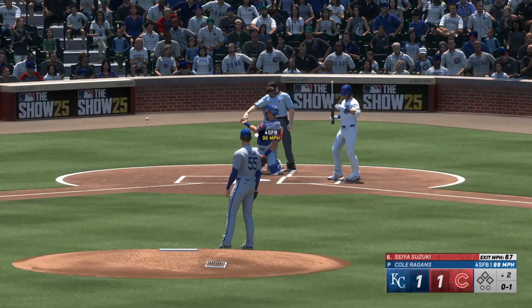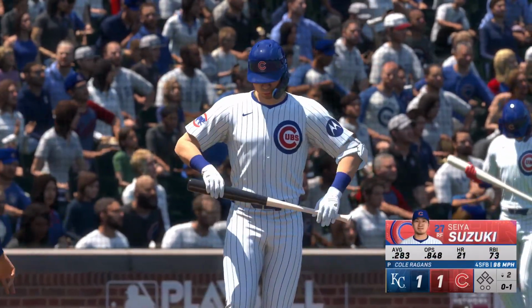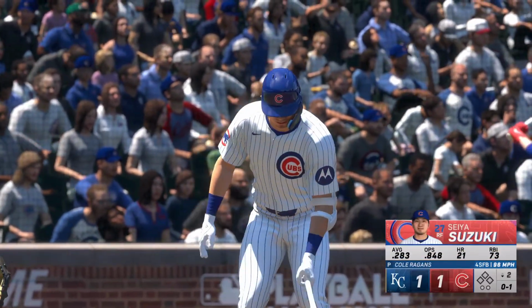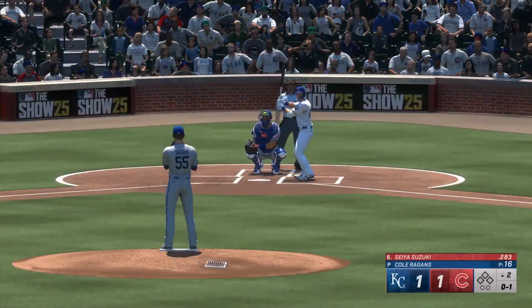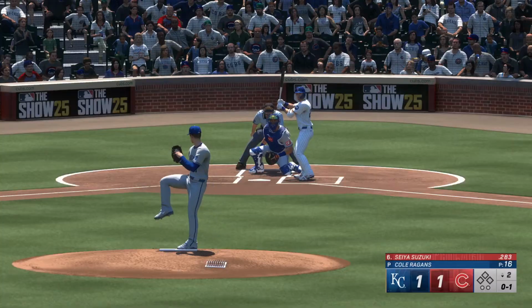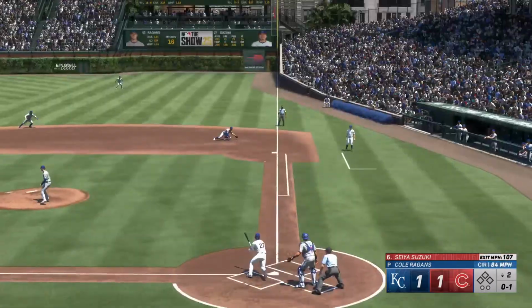Swinging, a foul straight back. Oh, you just got to delete it. You give up that leadoff home run, go back to work, focus on this next batter. Well, here's a fun fact for you, Boog. Suzuki is the first Japanese-born player to homer in 3 consecutive plate appearances in the majors. Feel free to use that note in your...